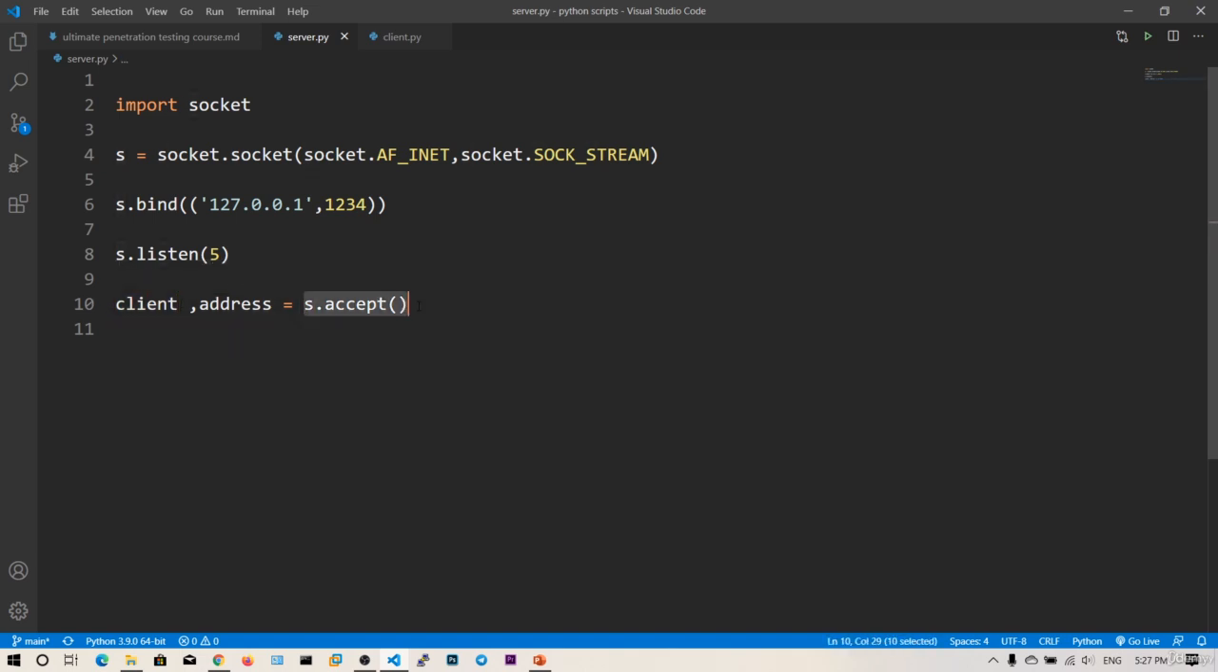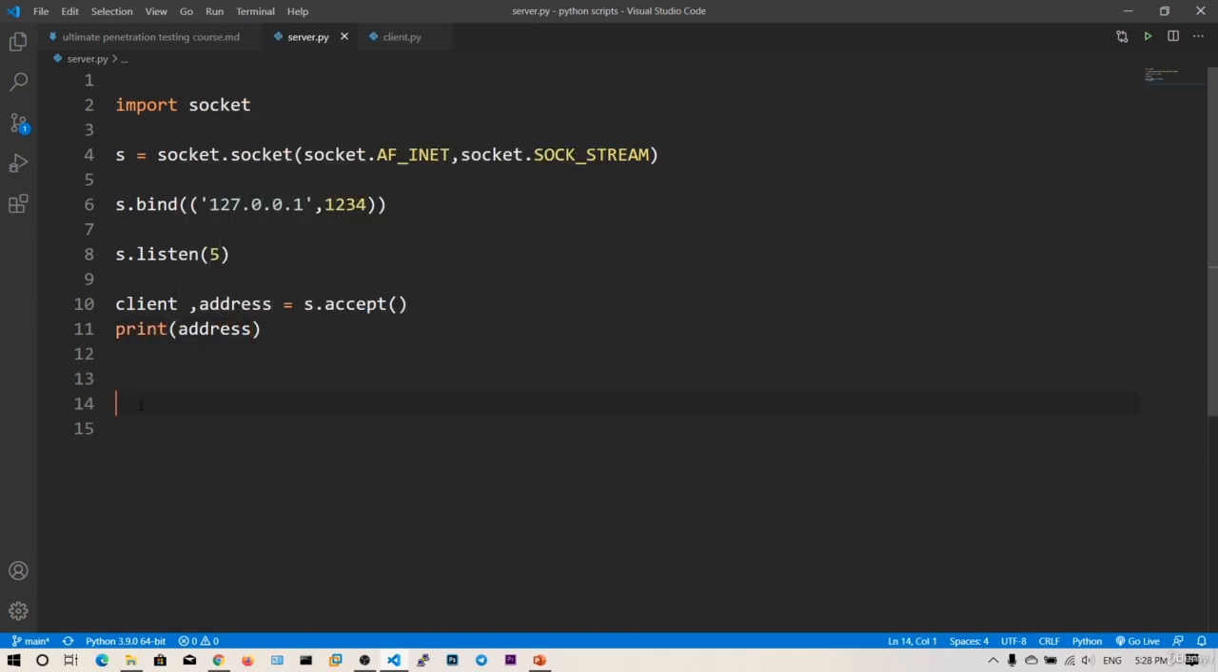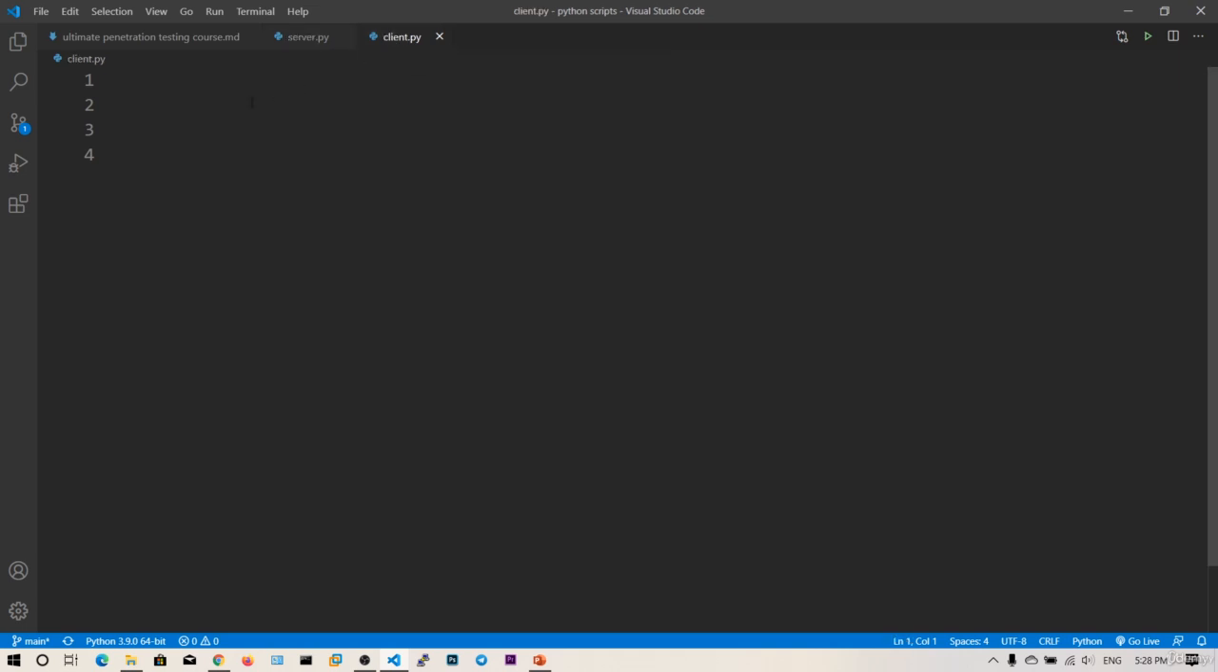And this s.accept function returns two values. One is the client, the incoming connection object, and then the address. And you can just print out this address. So up to this is the first part, and we will code further, but for now let's go to the client and say import socket,